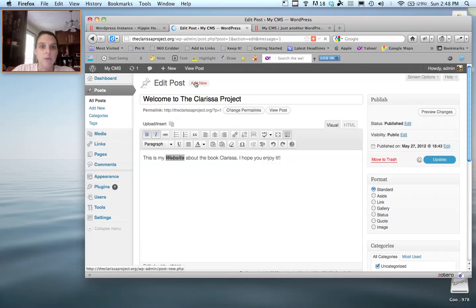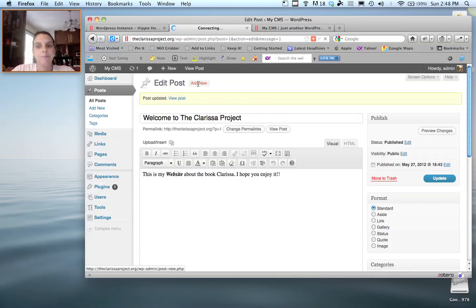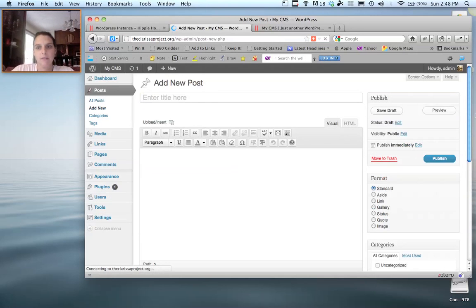And if you want to do a new one, you just click Add New, either over here on the left or up here on top. Basically it just opens up this form again, but empty. And you fill it out, you put in a title, you enter the text, and when you're done, you hit the Publish button. It's so easy. There's the Publish button over there. So if I were going to say